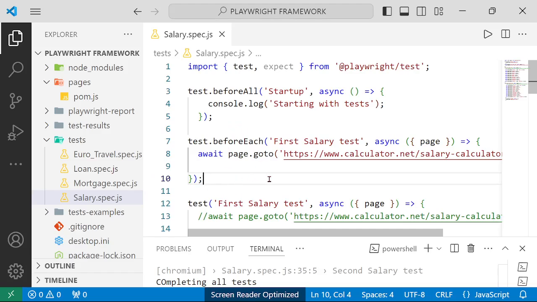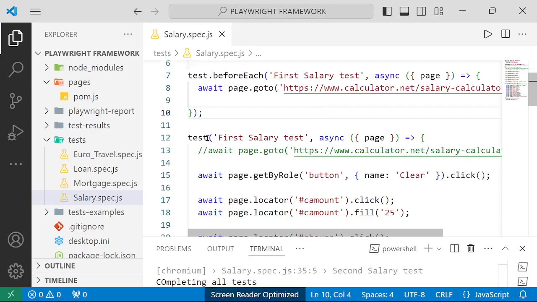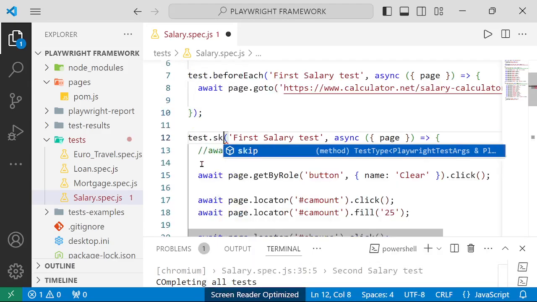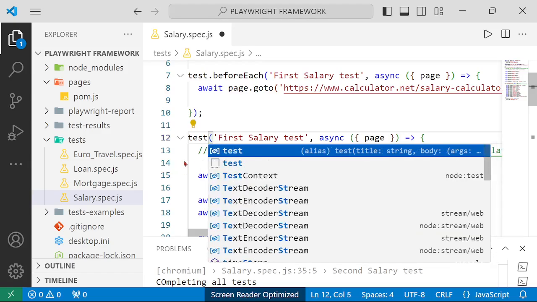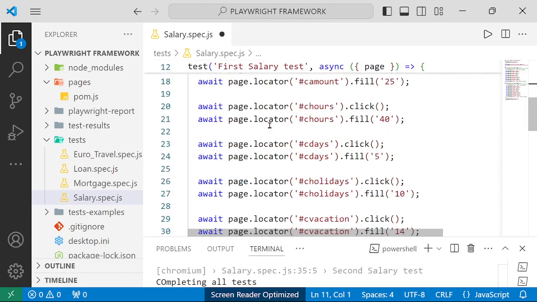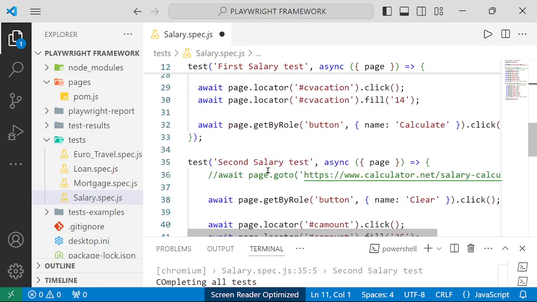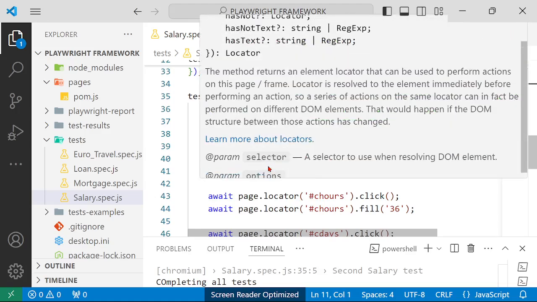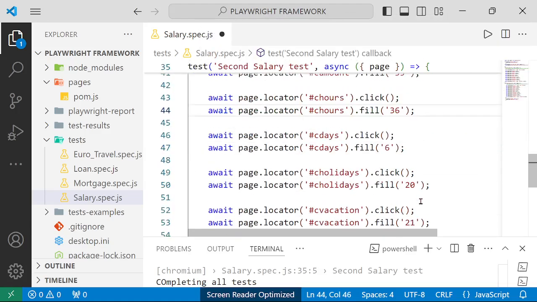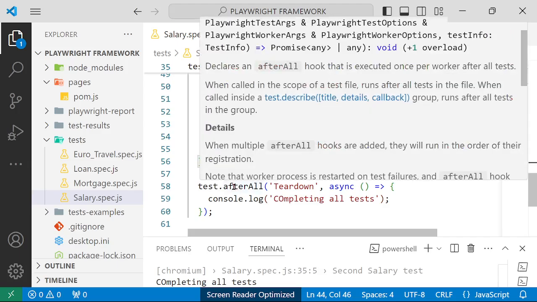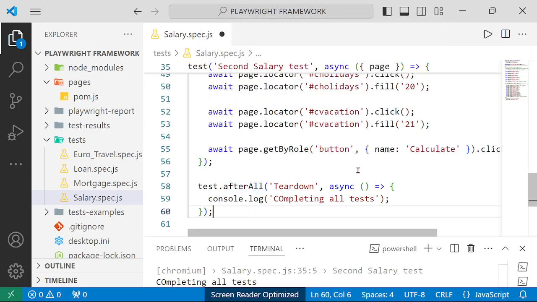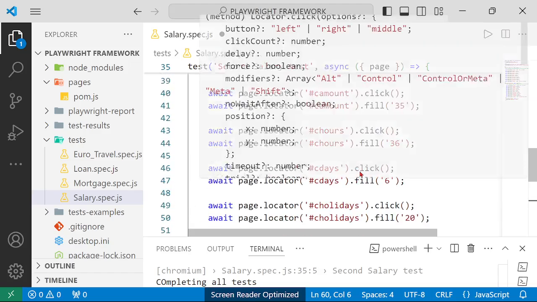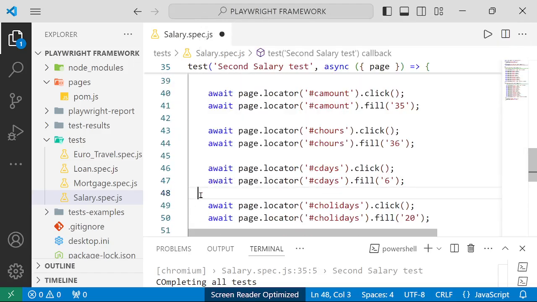You need to use all of the optionals shown today, like before all, before each, test skip, or test only, tags, and so on, only when you are experienced, only when you need it. After all. Okay? This is pretty simple to use, however, it's really optional in case you have time and in case you are really dedicated to the testing with